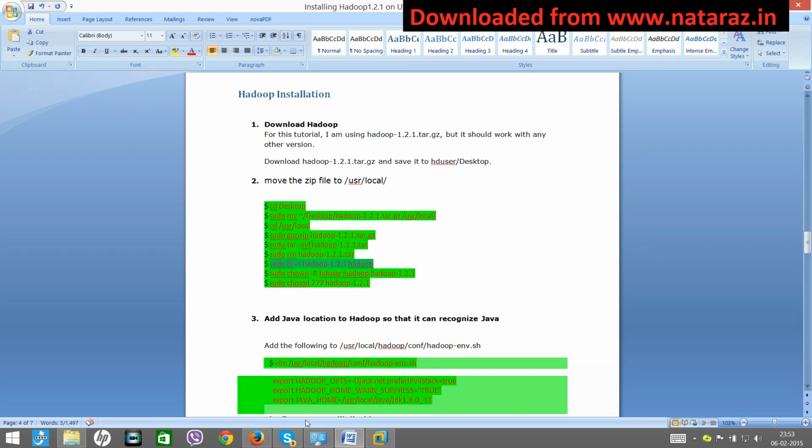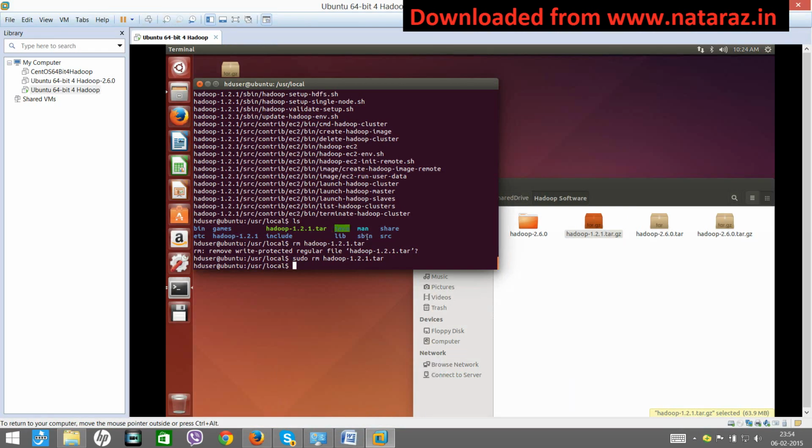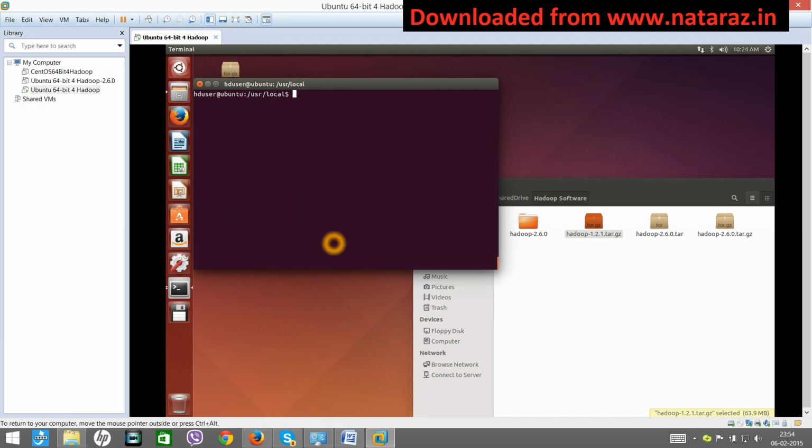Next, you create a link to this folder. What does that mean? Every time I want to navigate inside this folder, I must write Hadoop-1.2.1, but I don't want to do that. I would like to create a shortcut name for this. Paste: sudo ln -s hadoop-1.2.1 hadoop. That means whenever I want to go inside, I can simply say hadoop. No need to write the slash and version name.